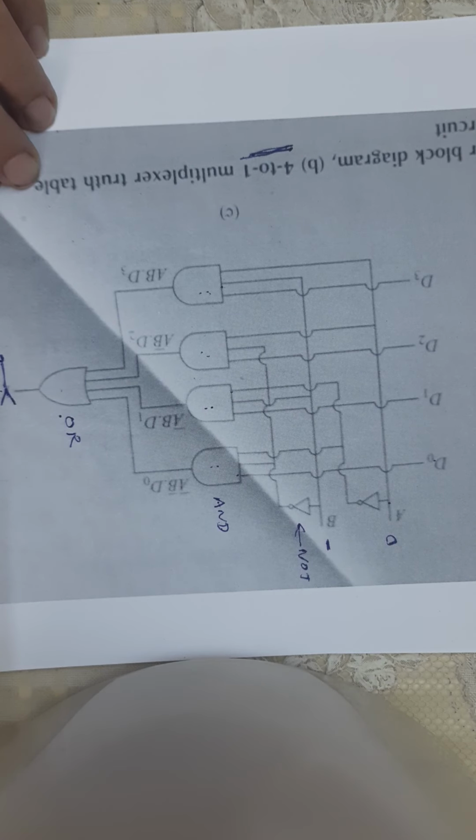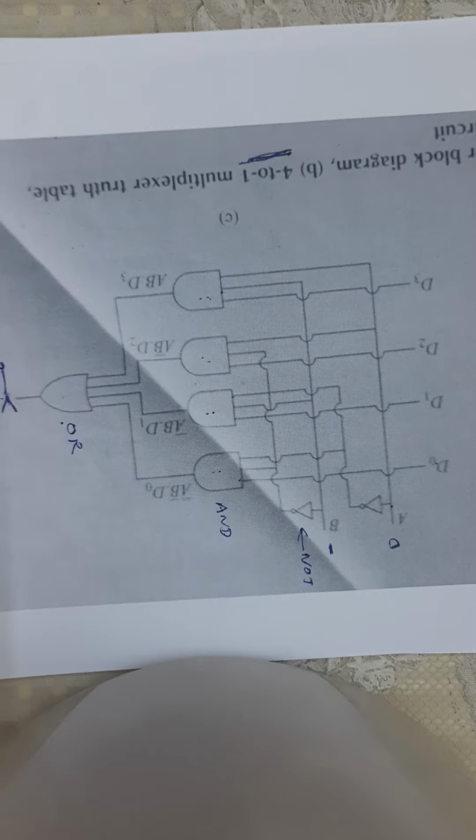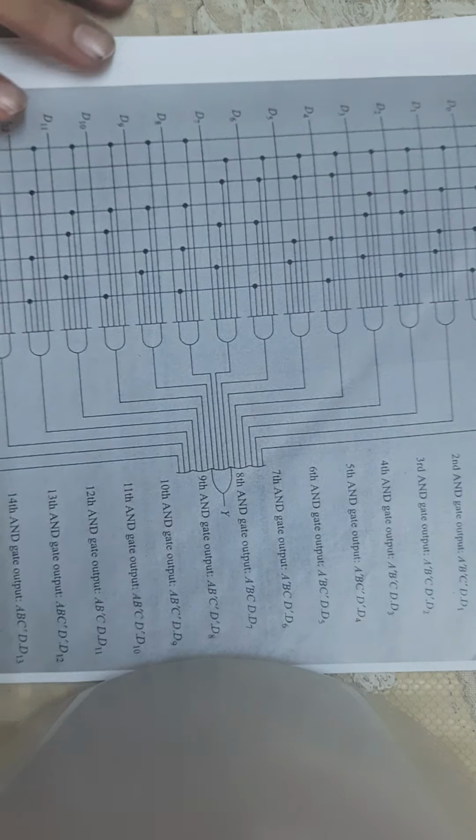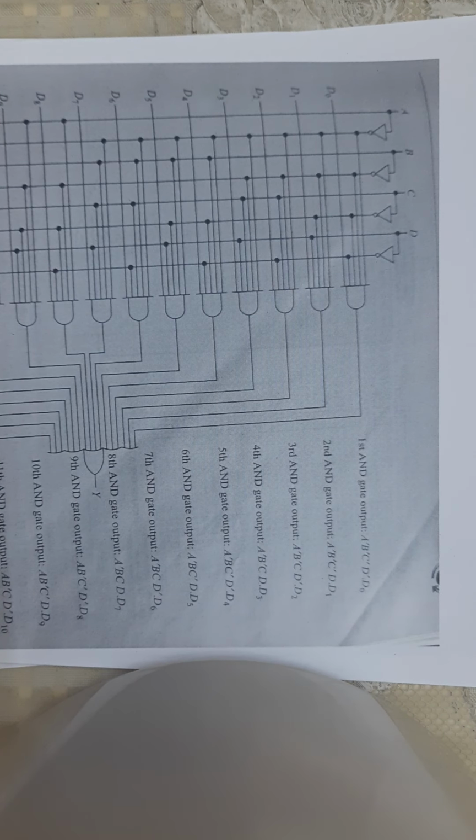With this background, let us look at the 16 to 1 multiplexer circuit, which may look complex but follows the same logic. So if we consider this circuit diagram, this is your 16 to 1 multiplexer. That means here the total number of inputs is D0, D1, D2, D3 up to D15, right?